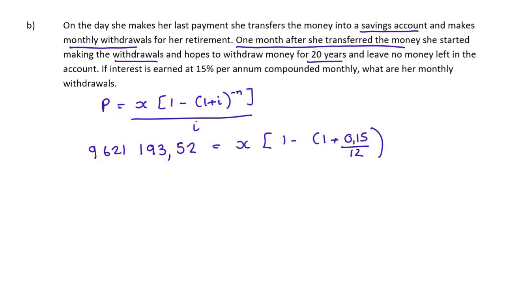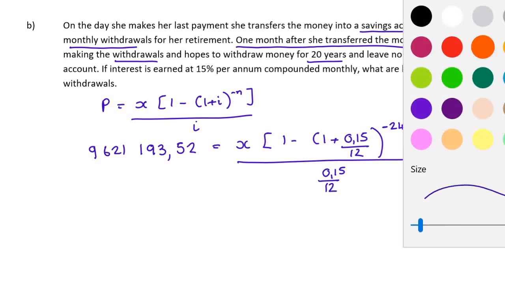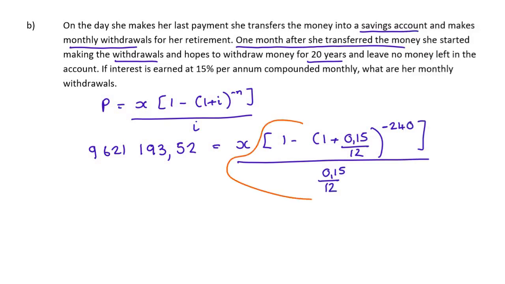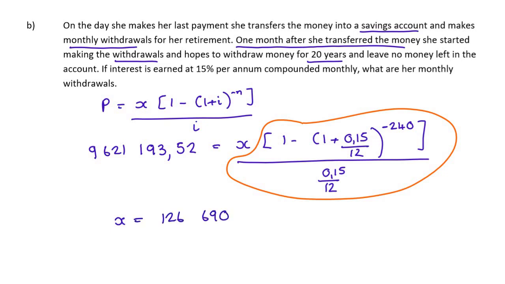That's not particularly realistic. She wants to make withdrawals for 20 years, but monthly, so that's 240 withdrawals divided by my interest rate. So we've done this before. I'm going to work out this coefficient of x and then divide by it. And I work out that she can therefore afford to withdraw 126,690 rand and 87 cents, which sounds like a hell of a lot of money, but you must remember, in 30 years' time,